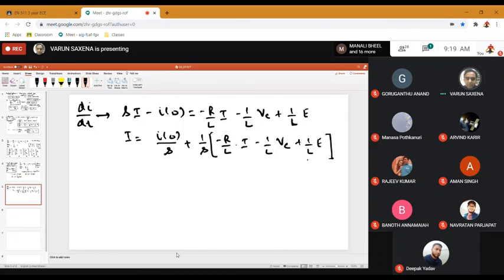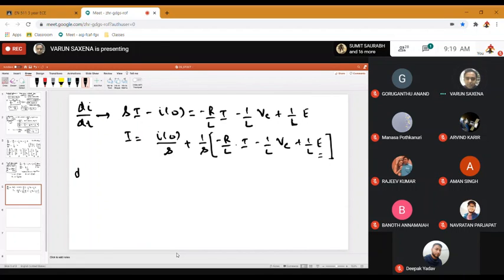You can see that the input is there, and there is one state variable Vc. The current is on the left hand side as well as on the right hand side, which means that some portion of the current is fed back into the current again. So this indicates that once we make the signal flow graph, there is going to be a feedback in it. We'll see it a little later.